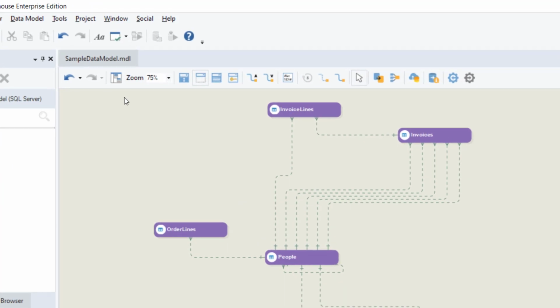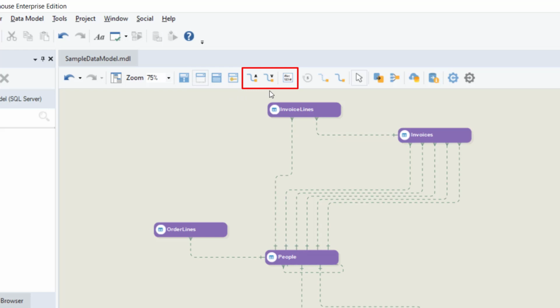The toolbar consists of an extensive variety of options or shortcut icons. You can undo or redo an action, zoom in and out of the designer, or alter the size and layout of the contents of the model. These options allow you to change the view of the entities on the model. You can choose to view them at just entity level with all of their elements or just with their key elements. The options in the middle section of the toolbar allow you to change the labeling on the model.